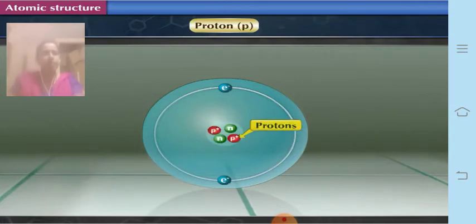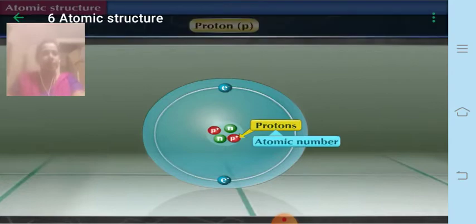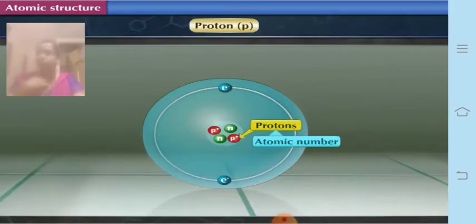Then the protons constitute the atomic number. So the number of protons is equal to the atomic number. Now you are going to study the periodic table in standard 10th. In that periodic table you will learn how the different elements are arranged according to the atomic number. So remember, dear students, whatever number of protons are there in an atom tells its atomic number. Suppose its atomic number is 6, that means it has 6 protons. Remember this.